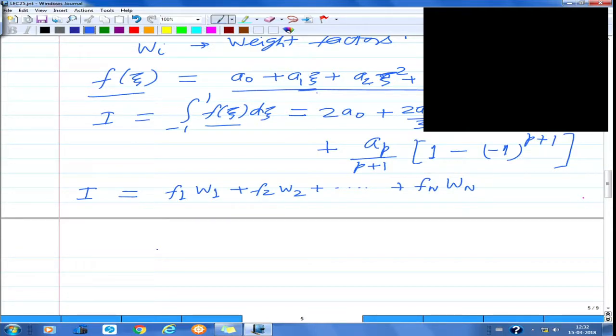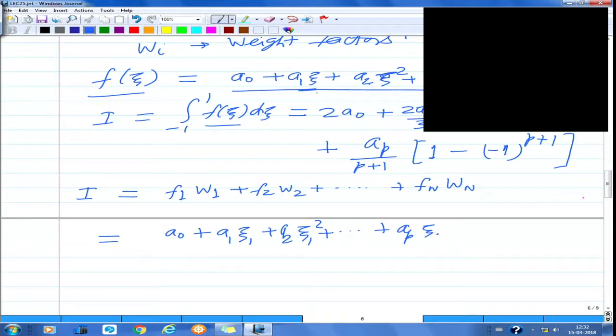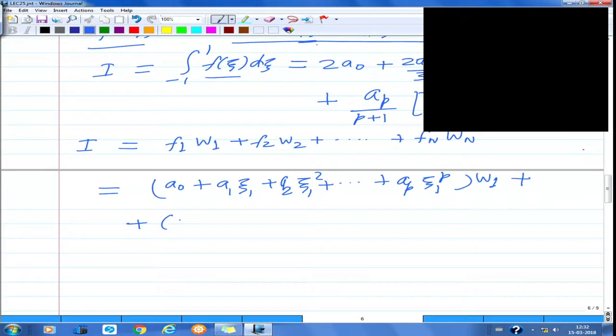Now again we want to relate these two. Here f1, f2 or f3 are nothing but the values of f at xi1, xi2, xi3. So I can replace f1 by putting xi equal to xi1 in this expression, and f2 by putting xi equal to xi2. So this further can be written as: f1 means a0 plus a1 xi1 plus a2 xi1 square, and finally ap xi1 to the power p, into w1. This is the value of f1 evaluated from here. Then similarly, plus f2, which is a0 plus a1 xi2 plus a2 xi2 square, plus ap xi2 to the power p, into w2,